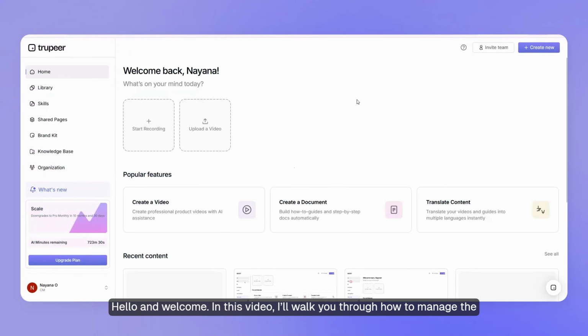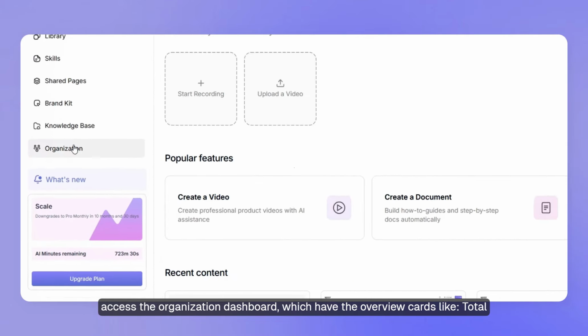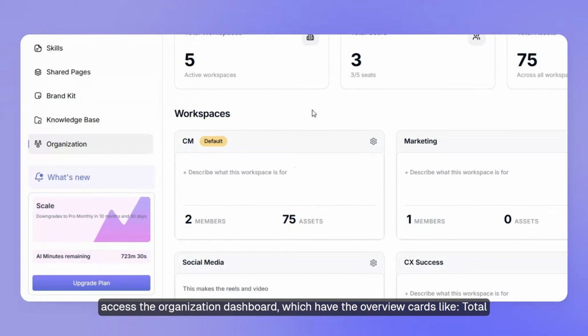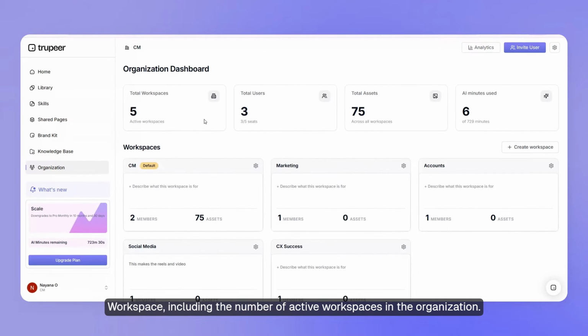Hello and welcome. In this video, I'll walk you through how to manage the organization workspace and assign roles in Trupeer. In the Home section, you can access the organization dashboard, which has the overview cards like Total Workspace, including